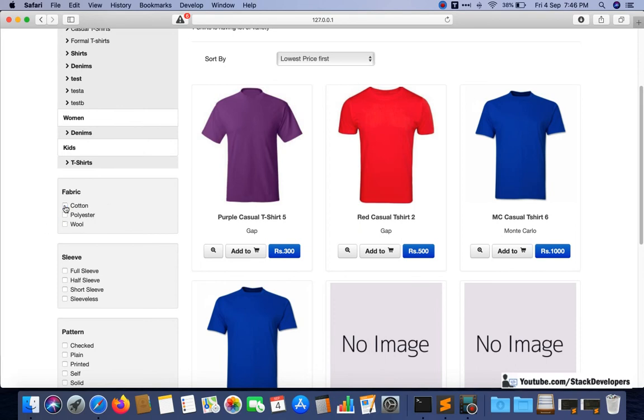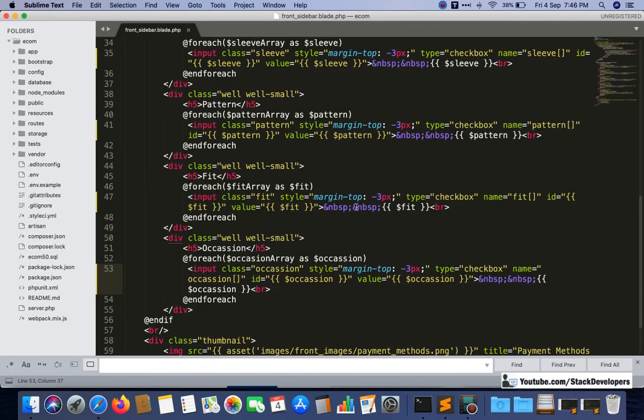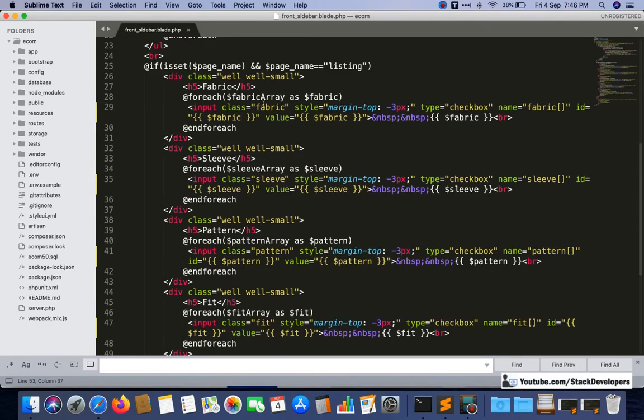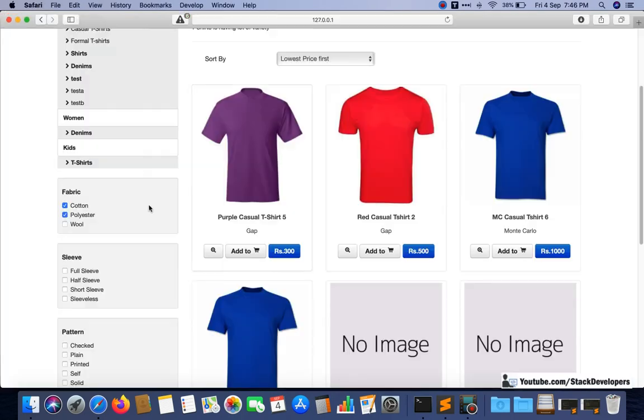For passing the array, it is similar to our Laravel code where we use foreach, and now we will use jQuery's each as well, so that we can pass the array of the variables of these classes. I will tell you: this is the fabric class, and we will run the jQuery function on the click of this fabric checkbox.